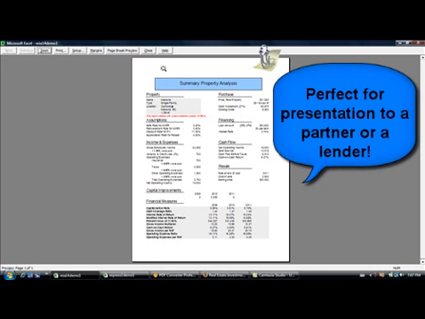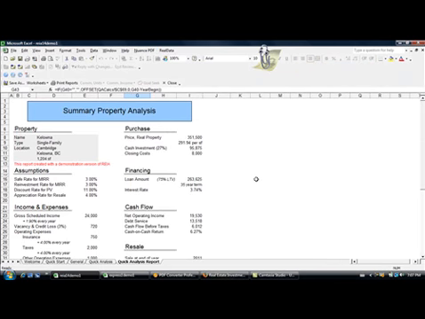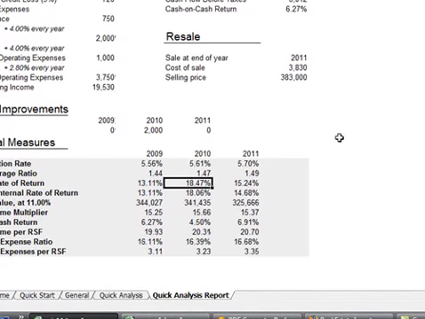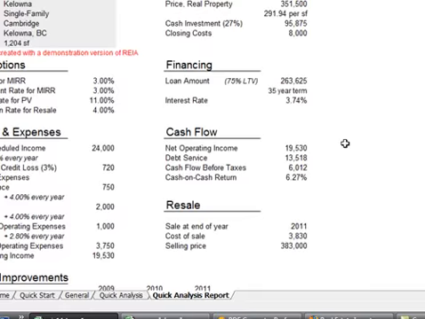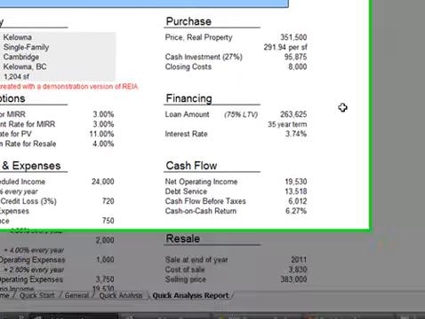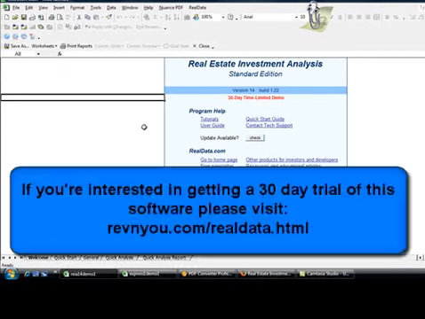and have to fiddle around with formatting, which is one thing that Julie and I have done over the years, is we've created our own spreadsheets, and we could find this very useful, or we could have found this very useful if we had known about it about 7-8 years ago when we first started investing and putting our own spreadsheets together. So we've developed our own, which certainly aren't nearly this pretty nor this involved, but this is a very handy way to quickly look at a prospective property or even your own property that you already own. So at the end of the day, this is a really useful tool for the average investor, especially smaller